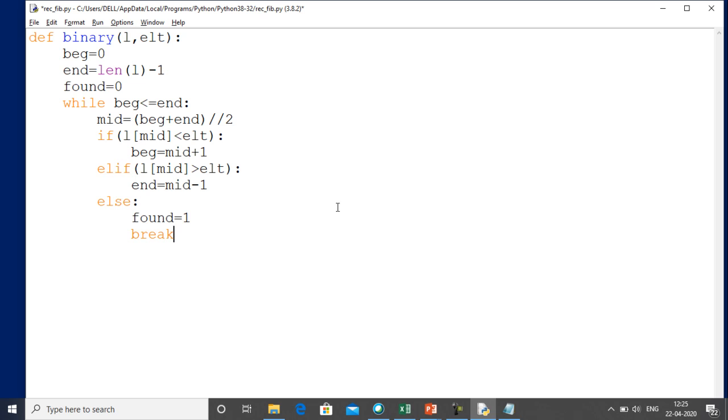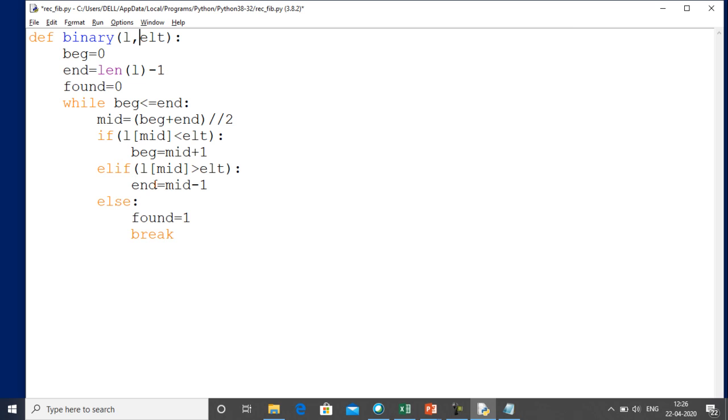Okay, so this is basically the concept of binary search without recursion. But when we use recursion, you can see that whenever the while loop executes, a new value of mid is generated, and according to that mid position element, either the value of beginning or the value of end is changed.